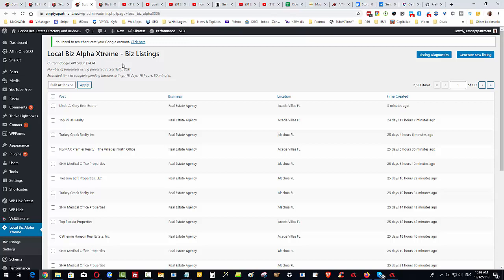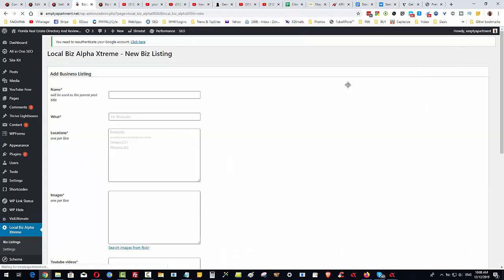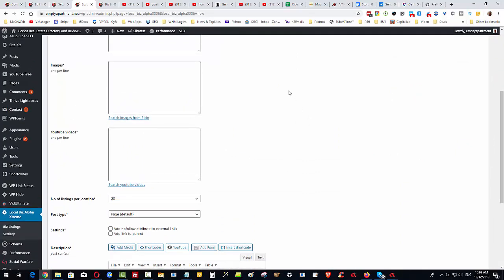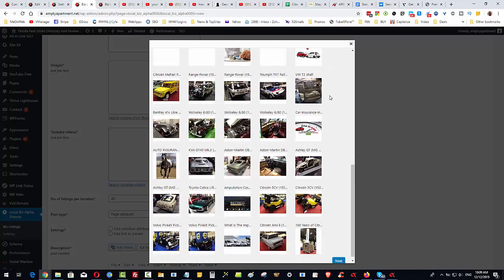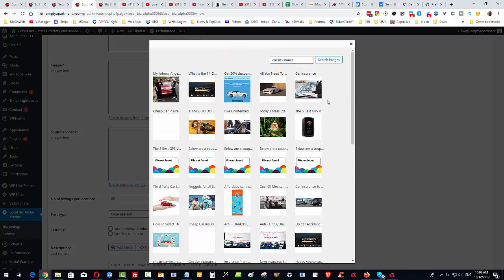The way to reduce it is when we go to generate a new listing, because now we can come down and insert images, and we can insert videos. So say, for example, I've got some car insurance. I can do car insurance and do my search with images, and you can see all these images show up. Now if I want to use these images, all I need to do